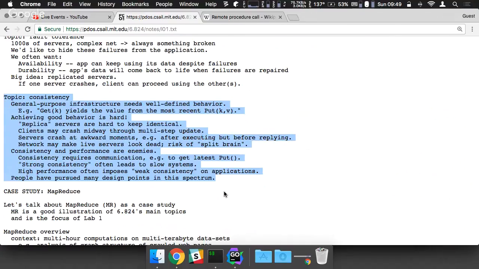of the universe. Consistency and performance are enemies. Consistency requires communication, for example, to get the latest put of the value. Strong consistency often leads to slow systems. And this is a very common problem in practice. People often in businesses make sacrifices to have their systems be moderately fast or blazingly fast, as some salespeople call